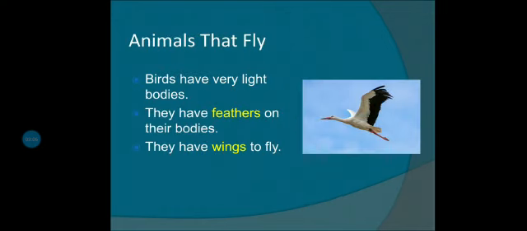A bird has wings which helps it to fly. Birds' wings have feathers and strong muscles attached to them. With the help of their strong arm and chest muscles, birds flap their wings and fly. In this picture you can see that how they can flap their wings and fly.